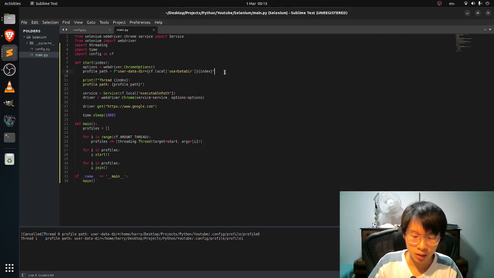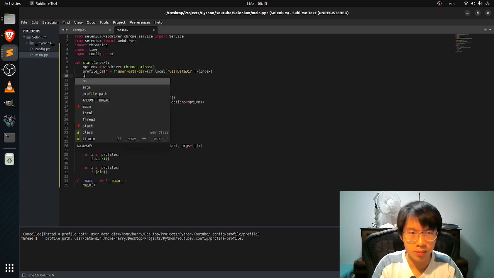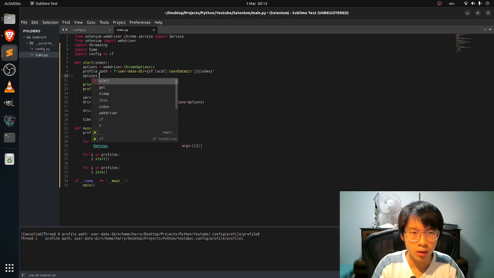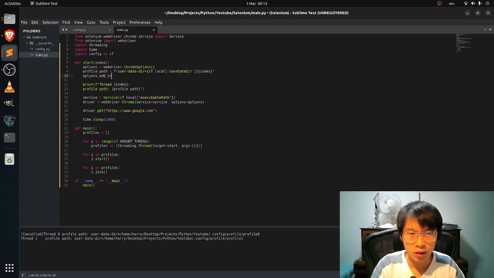Oh, I forgot to add the options. Sorry guys. So you need to add the option arguments of the profile path, so they will give the profile